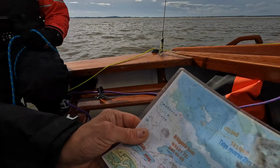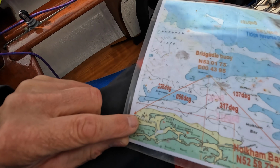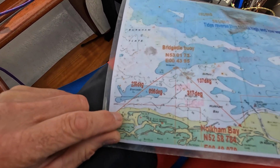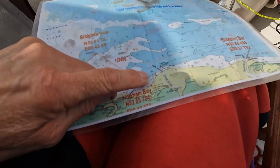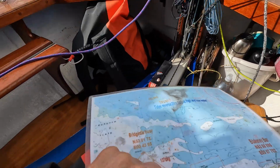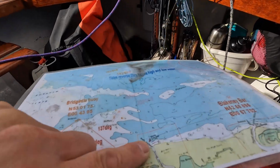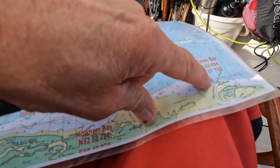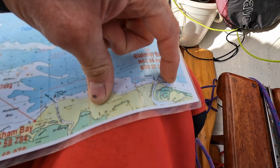On our way back now from Blakeney entrance, Blakeney Point. I'll show you on the chart where we are. We left Brancaster here, see Brancaster Wreck, and we went down the coast past Burnham Overy entrance, past Wells entrance, and it's Wells that you can see up in front there where the trees are, and we went all the way down, and we got past the fairway buoy there to see if we could find the entrance. Went down to about here,